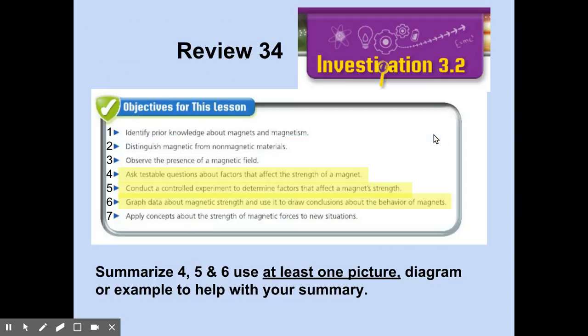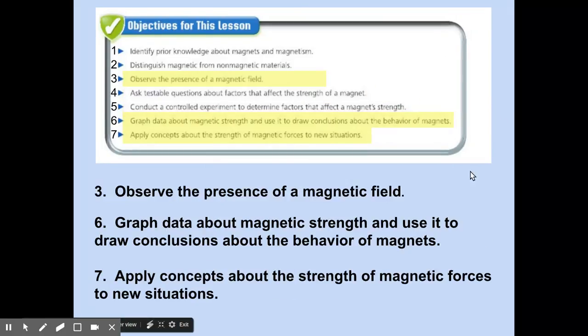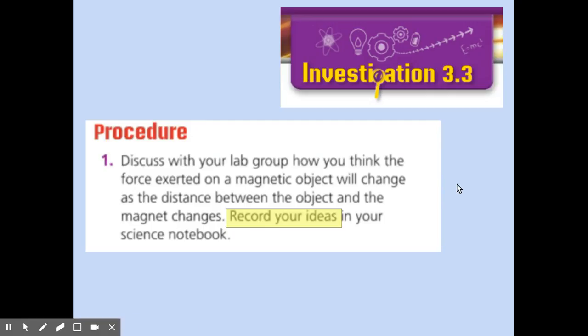And then the objectives for this lesson is to, we're going to create some testable questions. We're going to conduct a controlled experiment, and we're going to graph our information. So, procedures for today, you're going to discuss with your lab group how you think forces are exerted on magnets